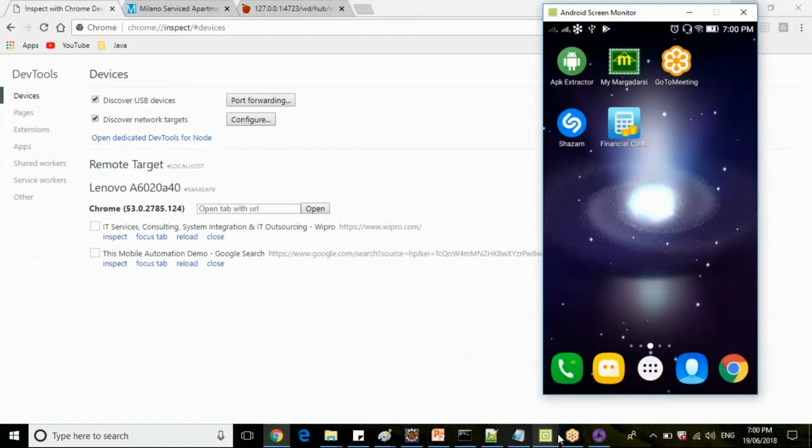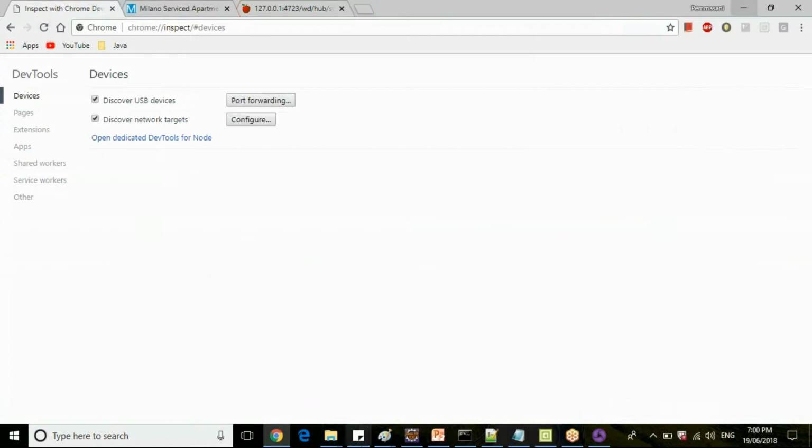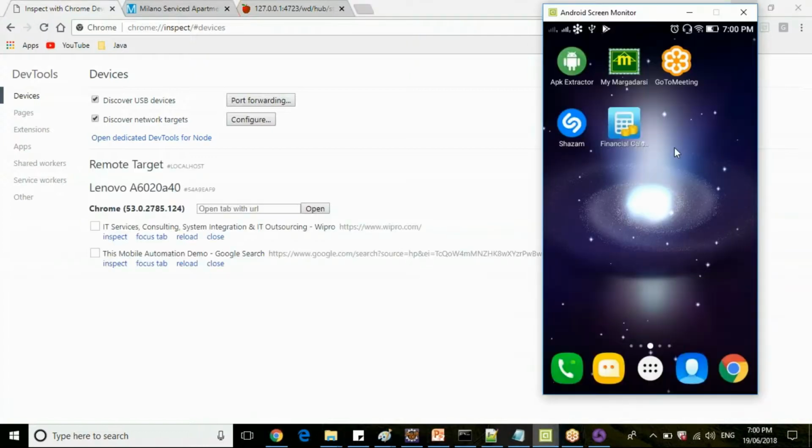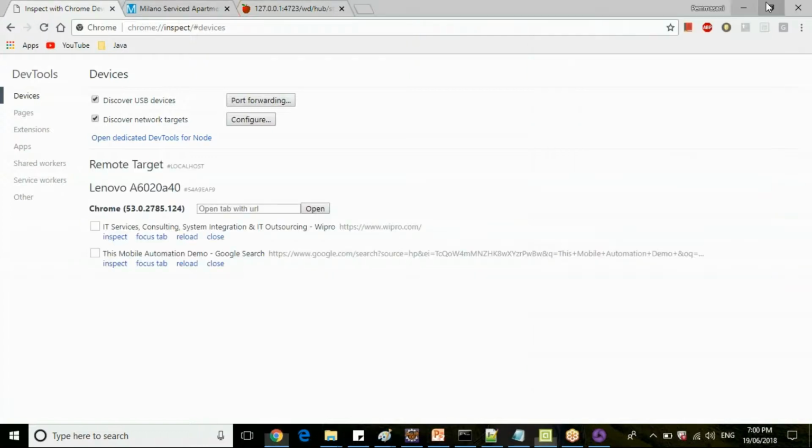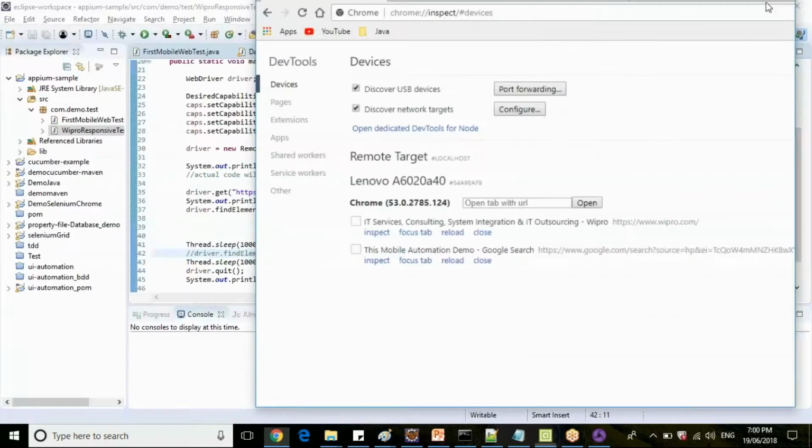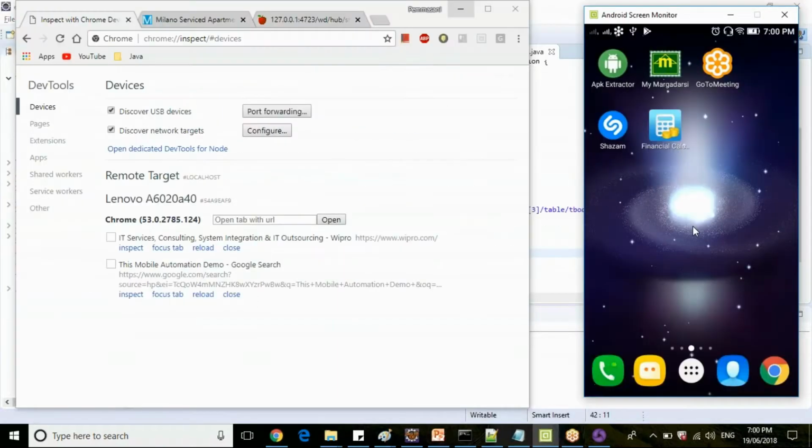Now if you see my mobile, I have not launched any Chrome browser here. So let me minimize. Yeah. So in my mobile, there is no Chrome browser launched. If you refresh this window, you will not see any active sessions here. Okay.